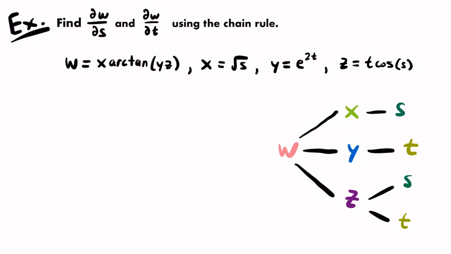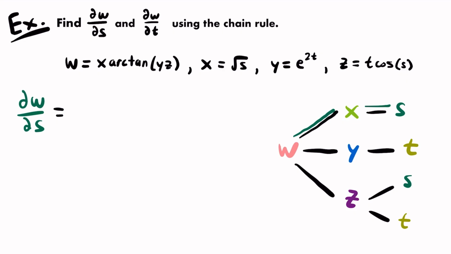All right, so our tree looks a little bit different here. So our formulas might look a little bit different as well. And so let's set them up. Let's start with the formula for the partial of w with respect to s. So what will that be equal to? Well, we want to travel along all the paths that lead us from w to s. So we have one right here where we go from w to x to s. And so we'll take a partial of w with respect to x